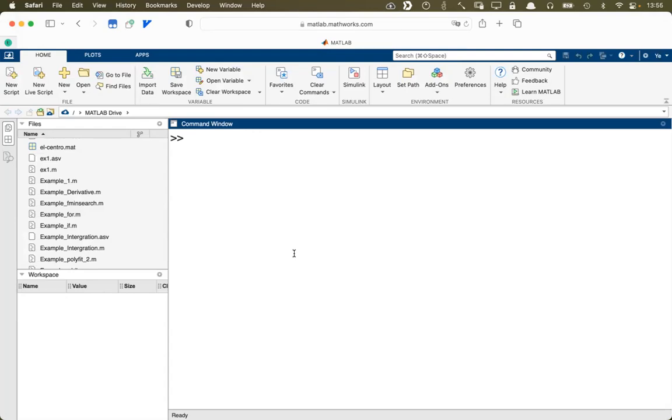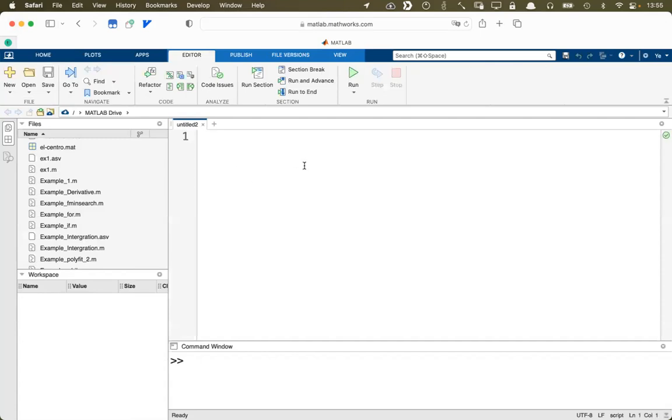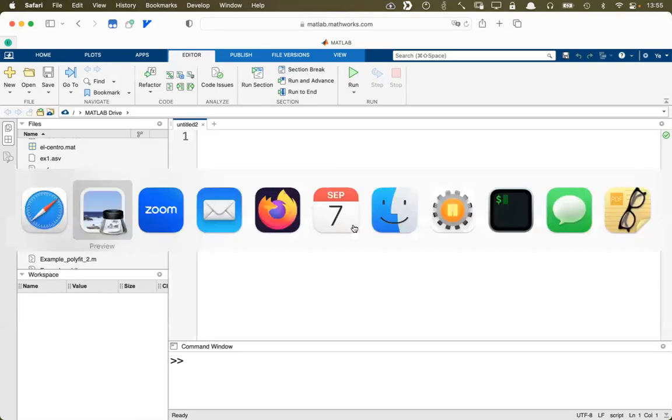I showed this before. To write a code file in MATLAB, you need to click this button, New Script, or click and hold this one, and the first choice, the same, script. So this is the editor. Okay, you can type any commands and functions in. For example, for that one,